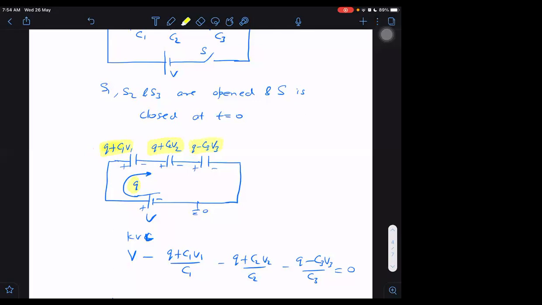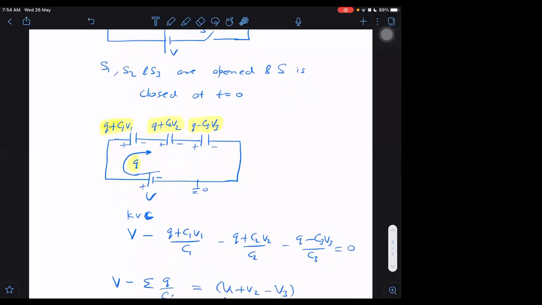How to get the final charge stored? The final charge stored we will obtain in this way: the charge flown, the charge supplied, plus the initial charge in the capacitor. On which side is the initial charge? On the side in which the charge is entering. So I'm talking about the left sides of all the capacitors: on the left sides of all capacitors, the Q will be added, and from the right side of all, Q will be subtracted. This thing you should keep in mind.